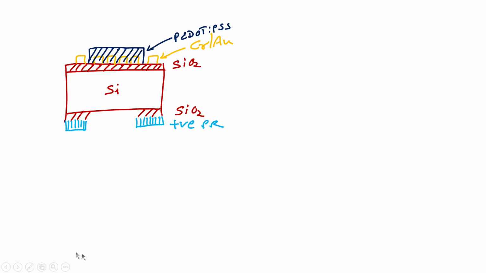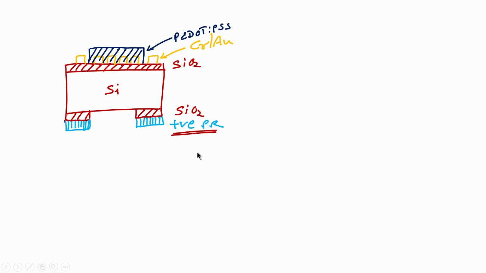I will have silicon dioxide only here. I have silicon dioxide only in this particular region, right. Why? Because other area was protected by